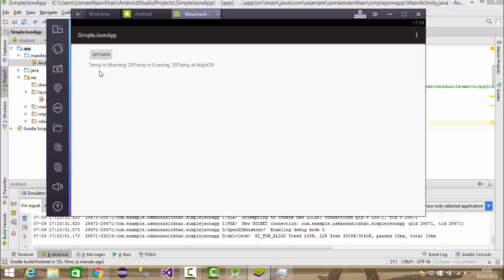So you can see that the data has been fetched and displayed in the format that we put in the return value. This is just a very simple part, and we will be covering it to the advanced level and displaying the result in the list view in our complete